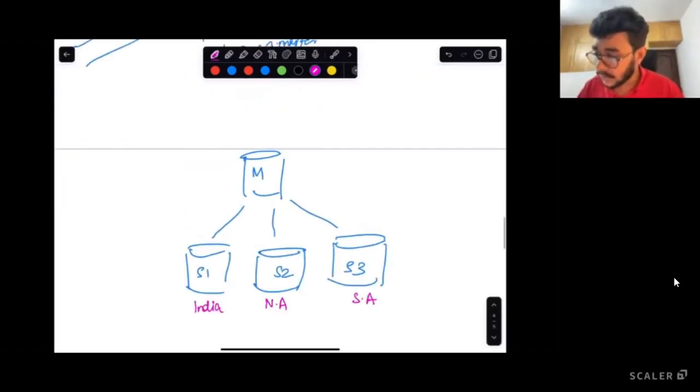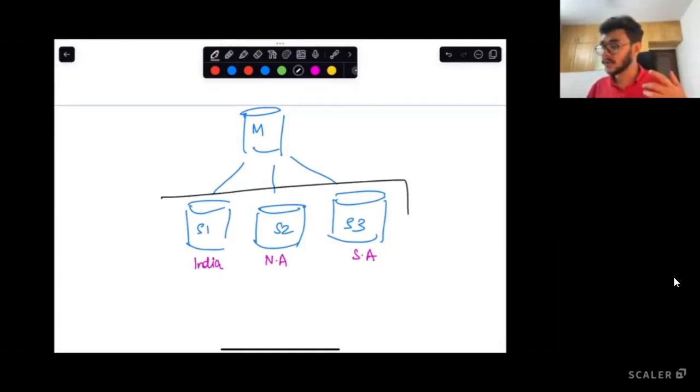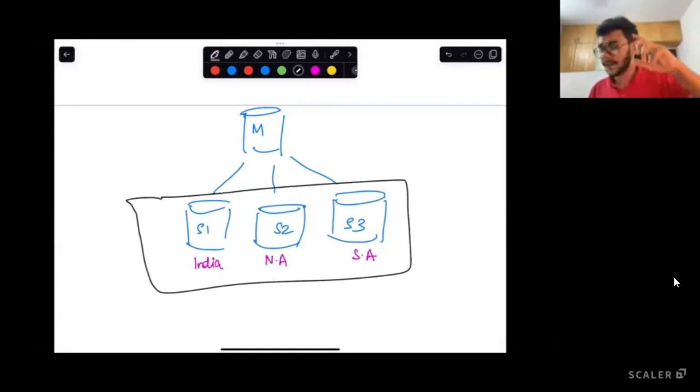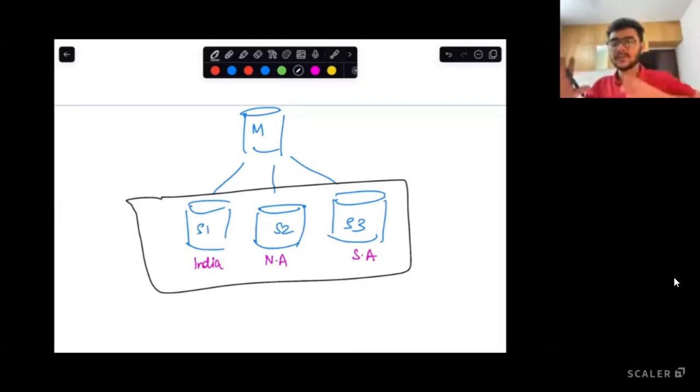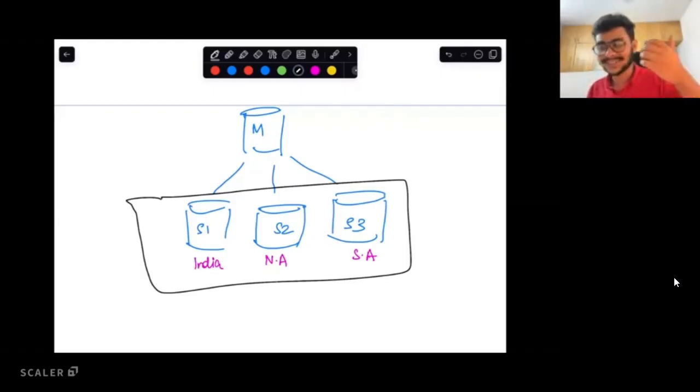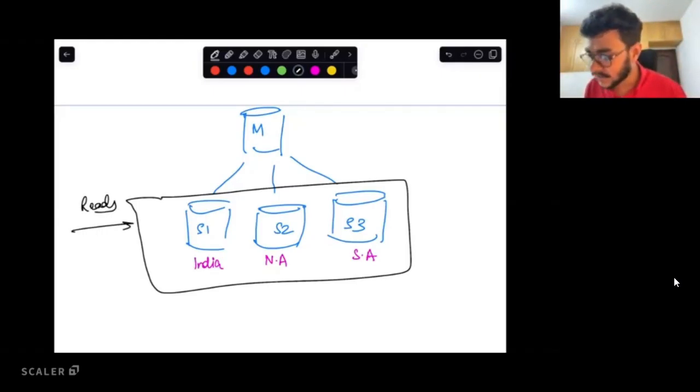What if, and guys, by the way, in a typical master slave architecture, what kind of requests do we serve by the slaves? Can you quickly type it in the chat? What kind of requests do we serve from the slave databases? No, I'm not asking for plus one. Just can you write? Yeah, exactly, reads. So the reads are served by the slave databases.